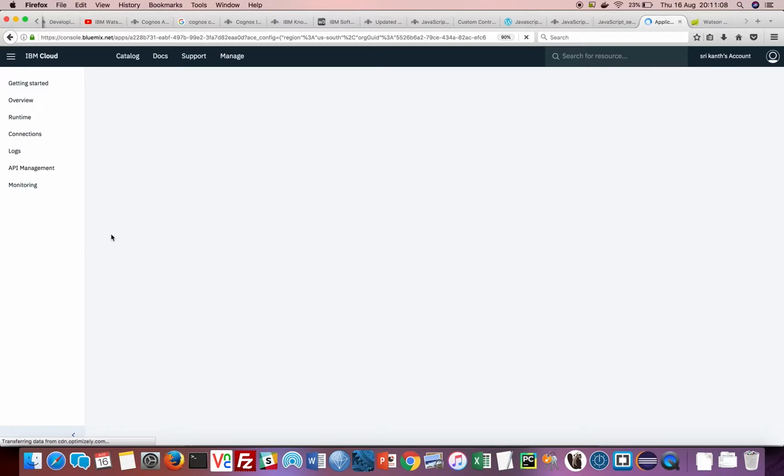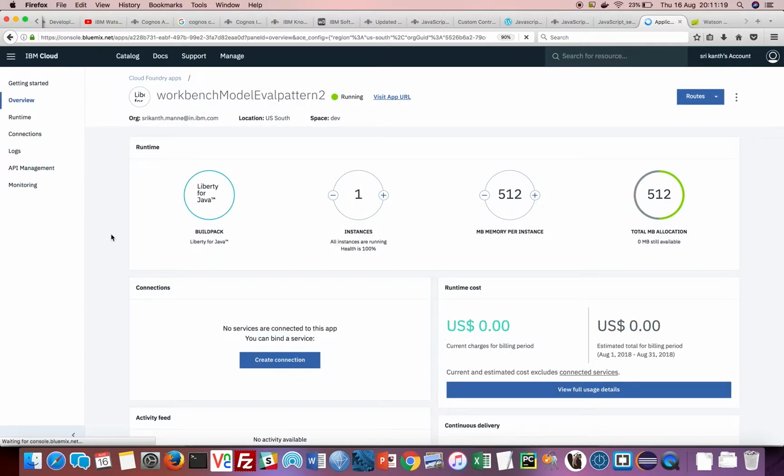So the cognitive model evaluation application is now deployed. This application now needs details of the model which it needs to invoke for comparing various models. Before we launch the application, we have to configure the two NLC models that we have created using different data sets. So the dashboard we are now able to open and click on the runtime tab on the left